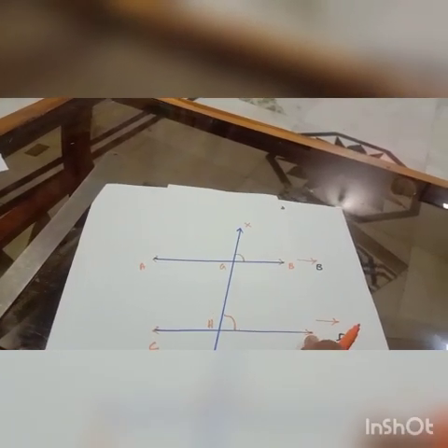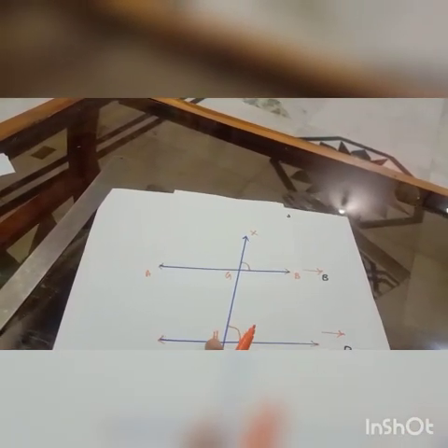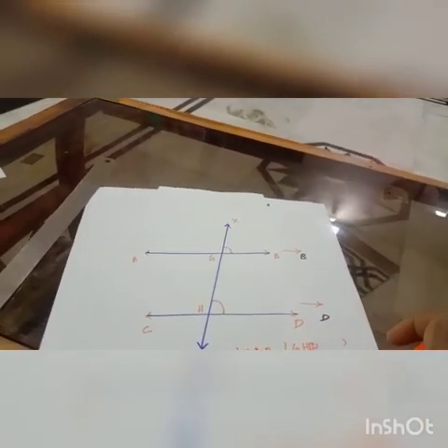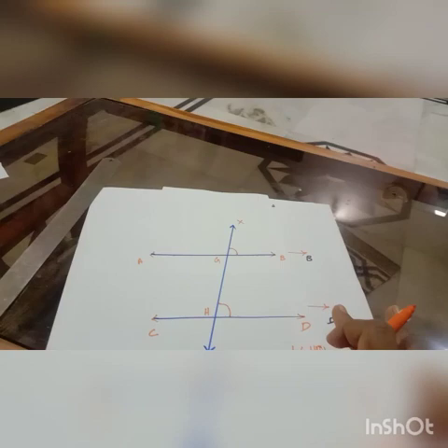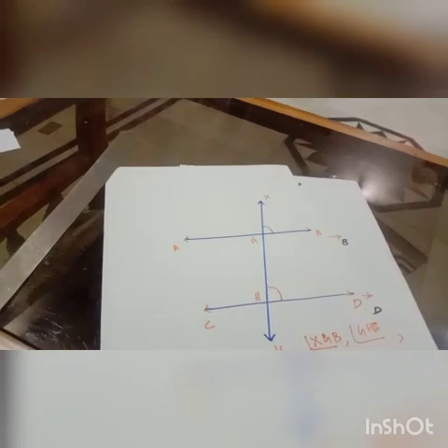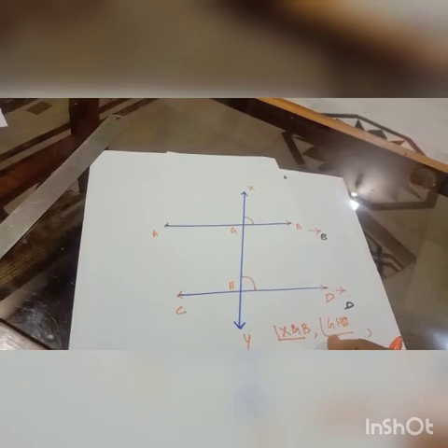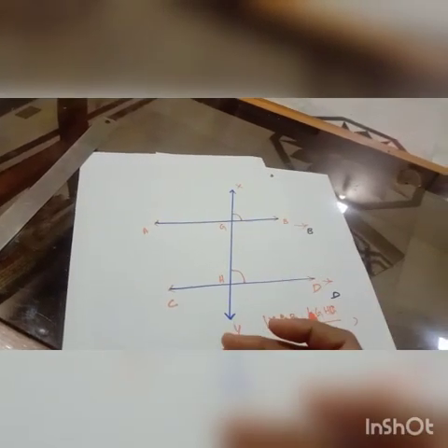How can we write XGB and GHD? Before writing, be very careful. The angle is formed at H, but where are the two arms? Here, the two arms: GH and HD. You can write GHD, or otherwise you can write DHG. You can write it two ways, but the main thing is that H should come in the middle. So I will write XGB and then GHD. This is on the right side.